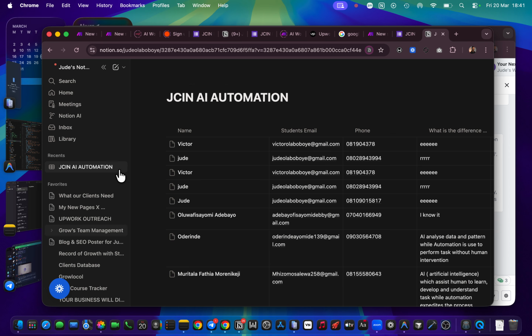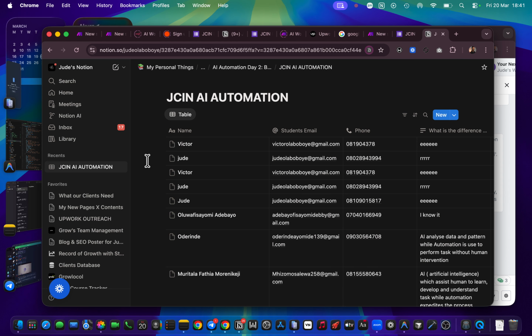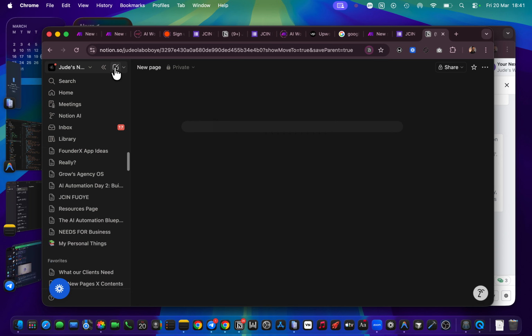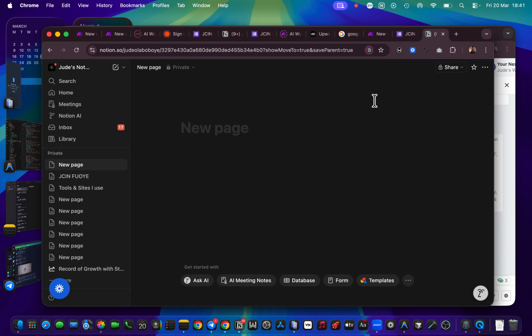So you will probably be met with some default pages they will have added there, so it's not entirely empty. You will probably see 2 or 3 pages. The first thing you are meant to do is you see this icon, create a new page. You can create a new page. Click on this and you'll be met with an empty page like this.